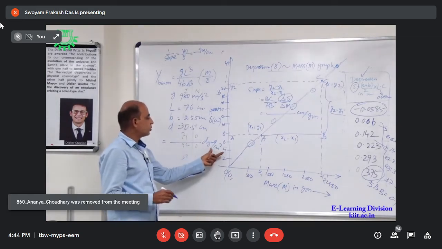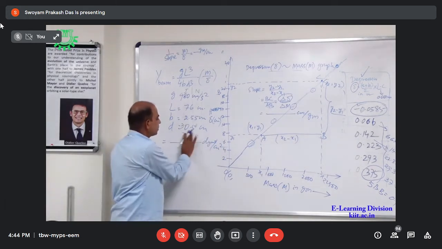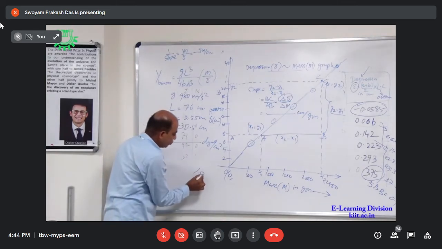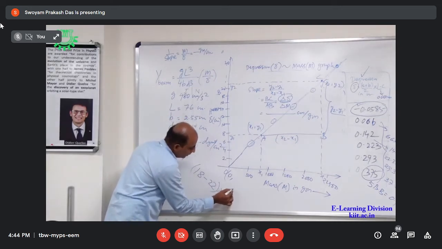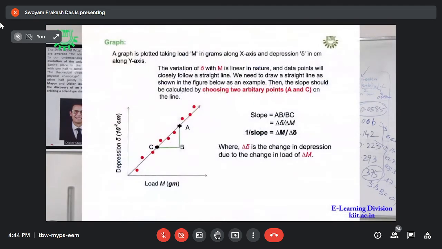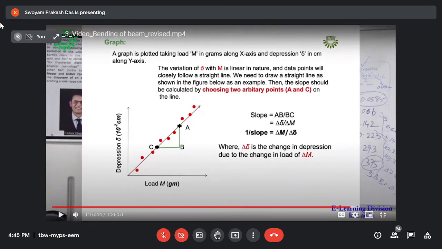So it will be mentioned in CGS system, dyne per cm square, and its standard value is around 18 to 22 into 10 to the power 11, that is dyne per cm square. This is the range, maybe 18.5, maybe 19, maybe 21, like that. So this is the range. Within that we will find our